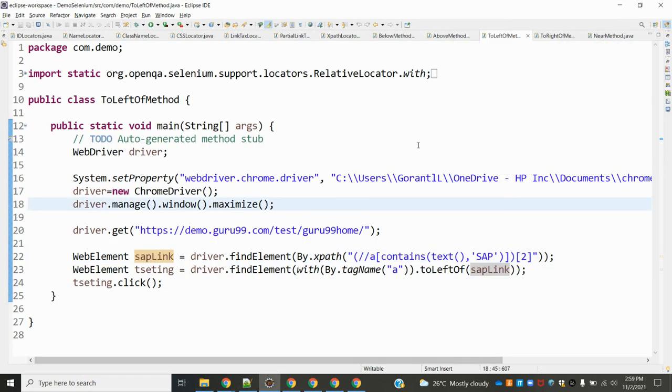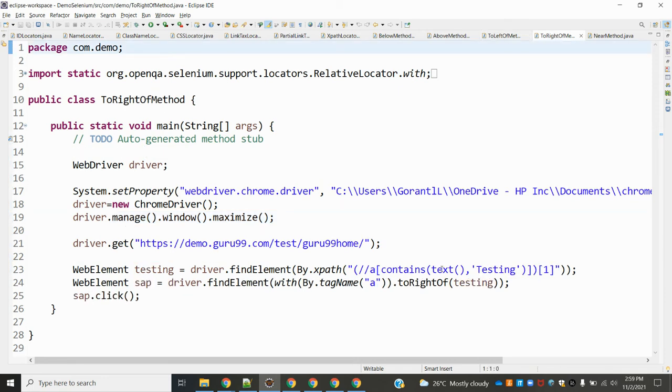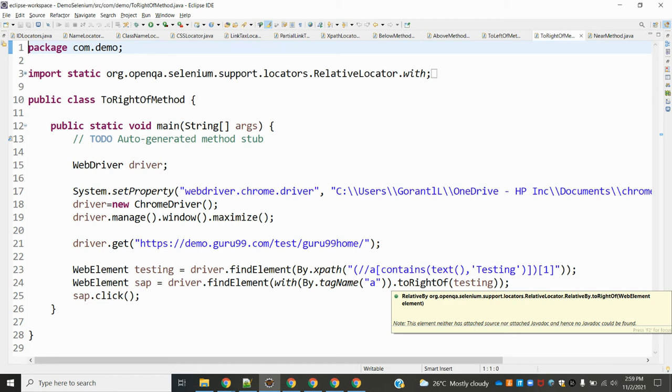To right of is also the same. I took testing as the one, and the value present on the right side of the testing, I need to click using the to right of tag.